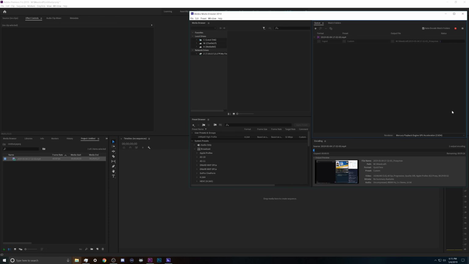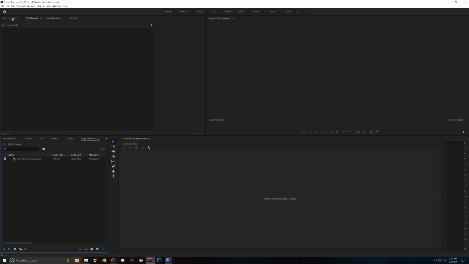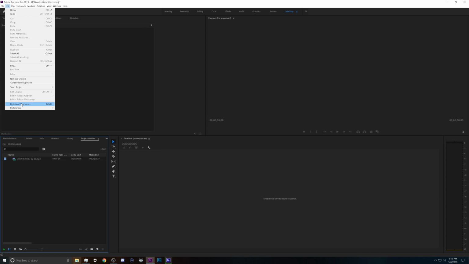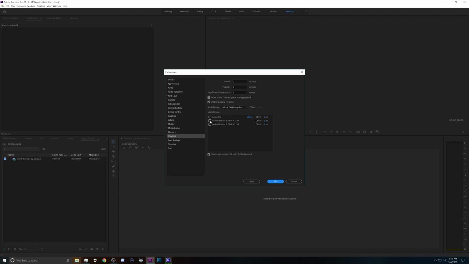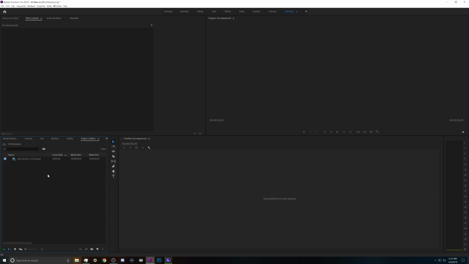Now this takes a little bit of time, but if you go to Edit, Preferences, and then come down to Playback, your playback settings, there's a box that says Pause Media Encoder Queue during playback. If you take this box off, which I only recommend you do if you have a really great computer, because otherwise you're going to bog down your whole computer. So if you have a great CPU, turn this off, hit OK,